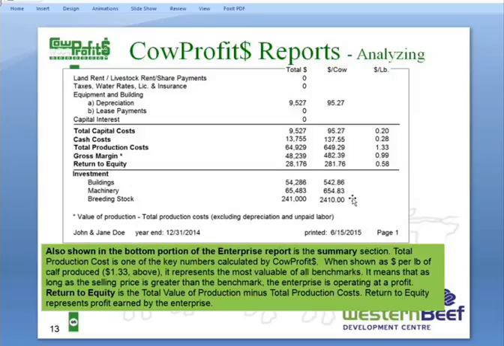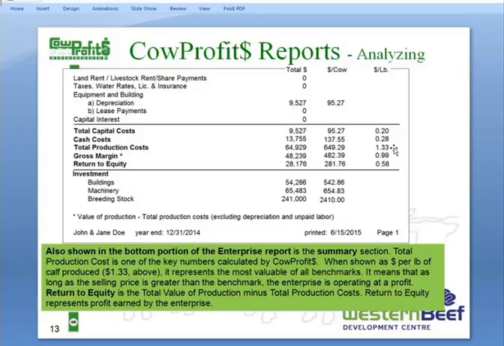Also at the bottom level of the report is the summary section. Here's where we total up to get total production costs. And we've talked before about the cost in dollars per pound of calf produced. So this $1.33 is that elusive benchmark that we keep talking about. Total production costs per pound of calf produced in this case was $1.33, and that's probably the most valuable